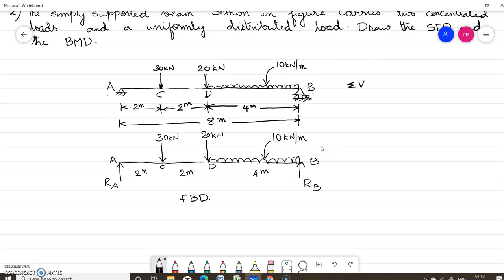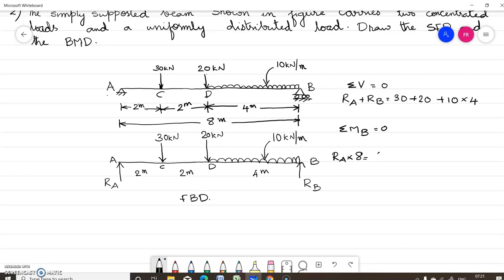So for this, let us take the equation of equilibrium sigma V equal to 0. When you take this equation, you can write RA plus RB is equal to 30 plus 20 plus 10 into 4. Now let us take sigma M about B equal to 0. Algebraic sum of all the moments about point B equal to 0. So what is the moment of RA about B? RA is trying to rotate this member AB about B in the clockwise direction. So it is RA into 4 plus 2 plus 2, 8. RA into 8